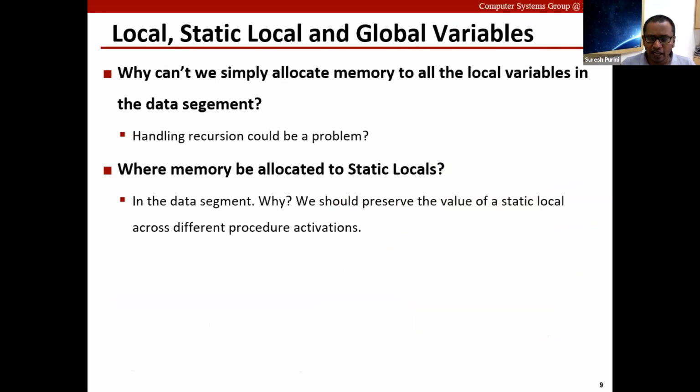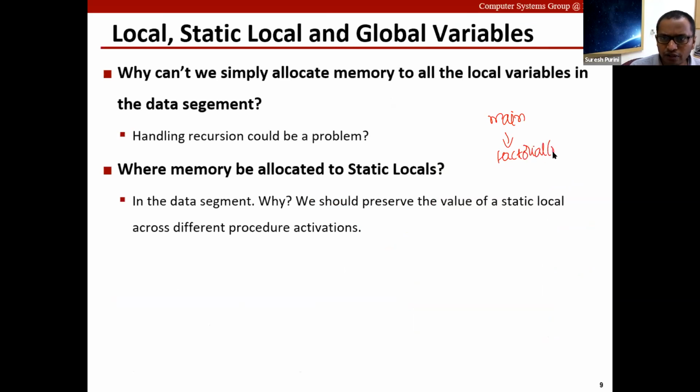All right. So the question is, why can't we allocate memory for all the local variables in the data segment? The problem is, if you allocate memory for all the local variables in the data segment, then when there is recursion, it becomes an issue. For example, main calls a factorial function.